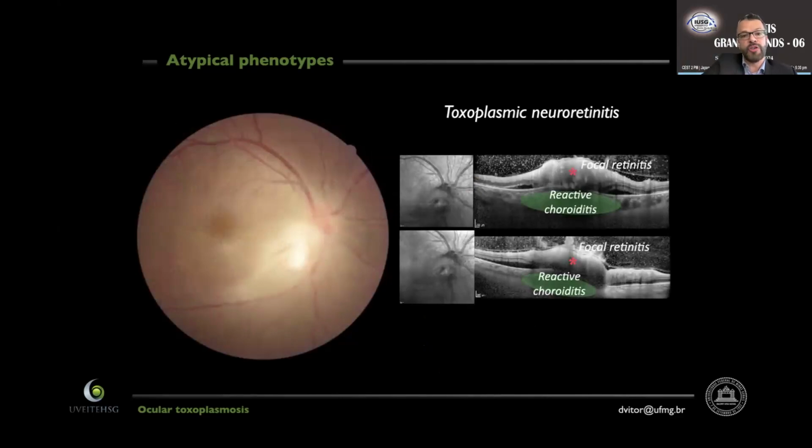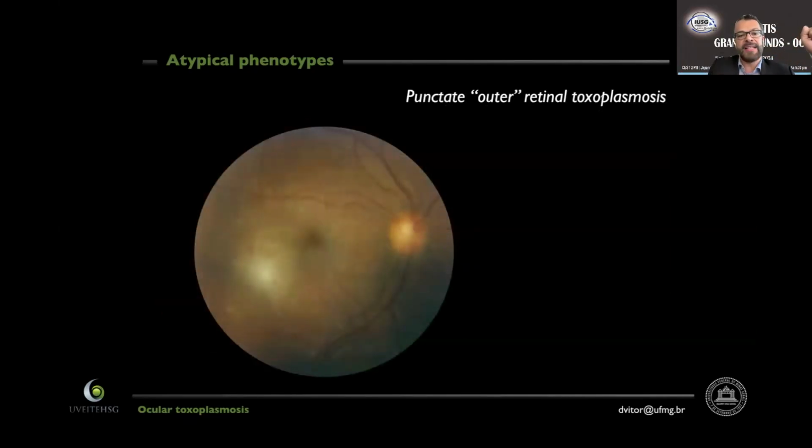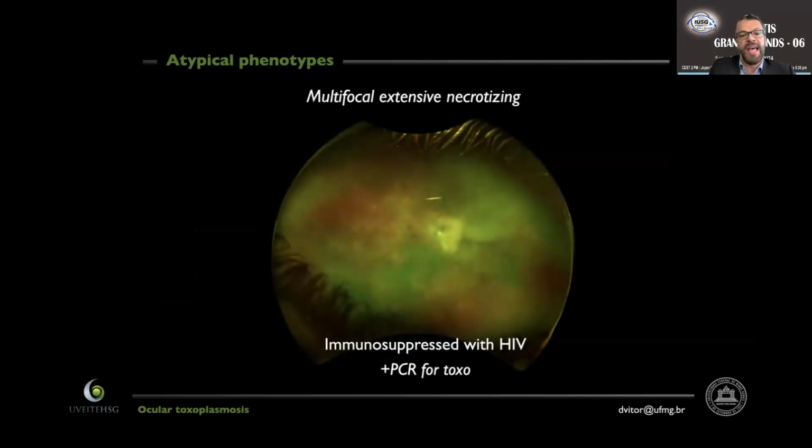And specifically for toxo neuroretinitis, that may be quite useful because you can document the focal reactive choroiditis that we do see in these cases. And these many times help us differentiate toxoplasmic neuroretinitis from, for example, Bartonella neuroretinitis, as a matter of fact. The punctate outer retinal toxoplasmosis form, in which we have exudation to the outer retina with exudative retinal detachment, sometimes multiple small infiltrates. And this is the context of our talk, the so-called more extensive fulminant type of lesions.